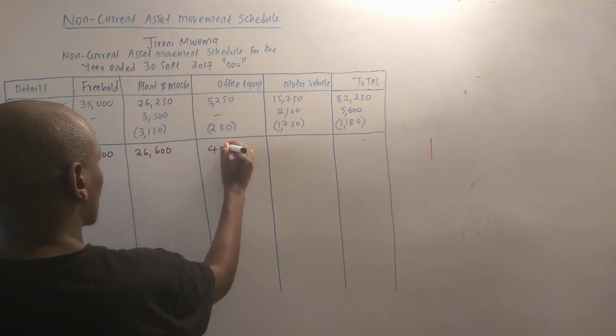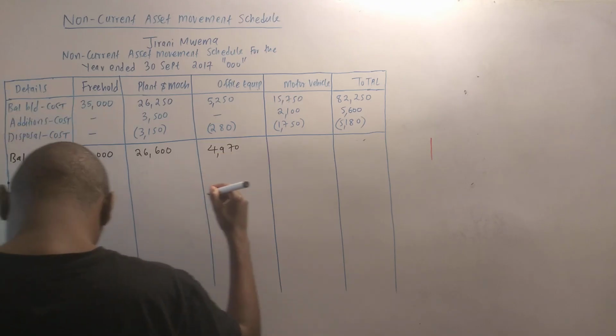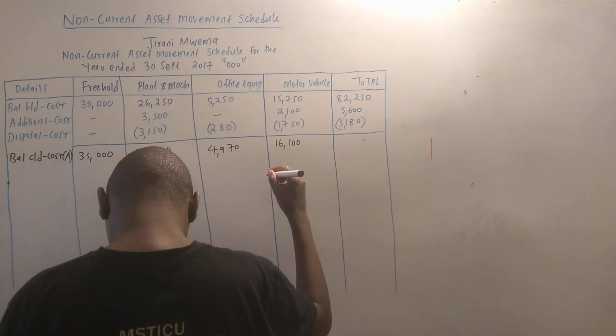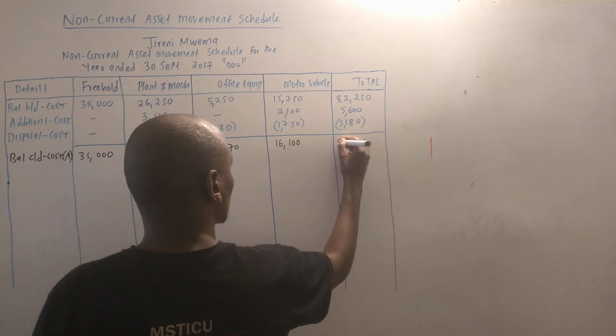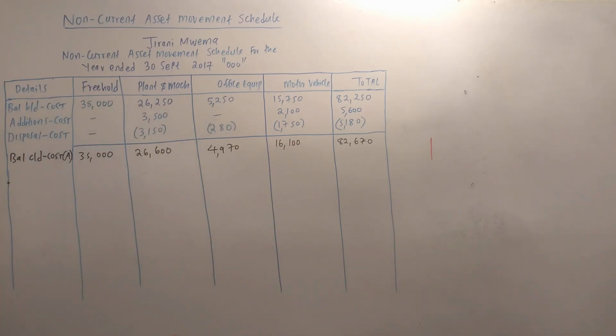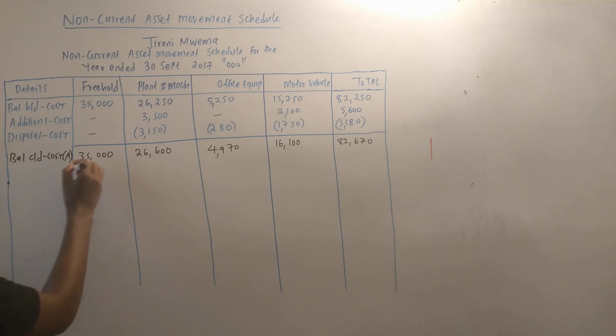4970. 16,100. Then 82,670. That is it. That is the balance carried down, and here I have said we put it in form